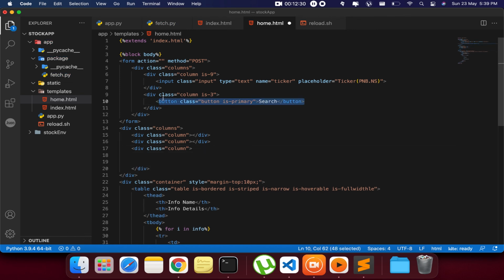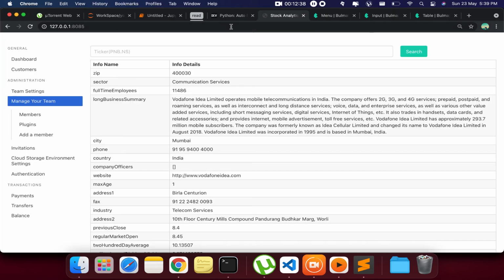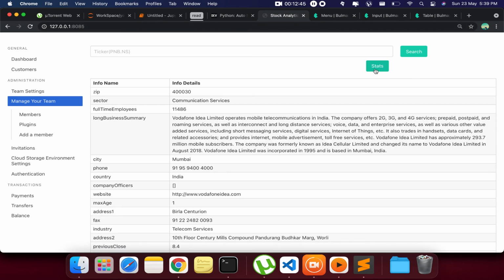Let's copy this button and stats. Okay, this should now look better. We'll put something here later once we go ahead, but for now we'll just keep it like this.